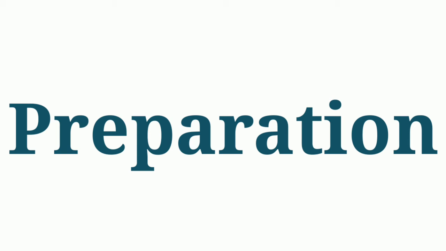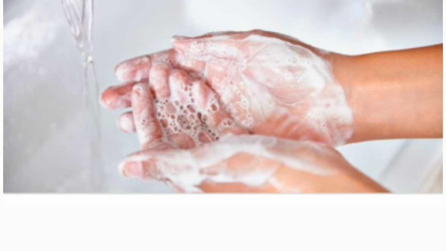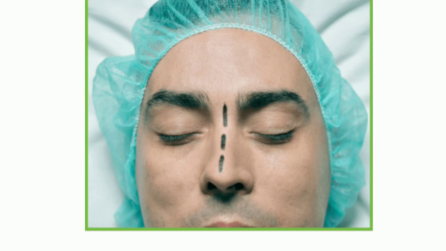Next is preparation. First assemble the equipment and take it to the patient's bedside trolley. Explain the procedure to the patient, the indication and complications, and after that we have to obtain consent from the patient. Wash hands and wear gloves. Give position to the patient and select the wider nostril for easy insertion, and check for any nasal septal deviation of the patient before insertion, and measure the NG tube.